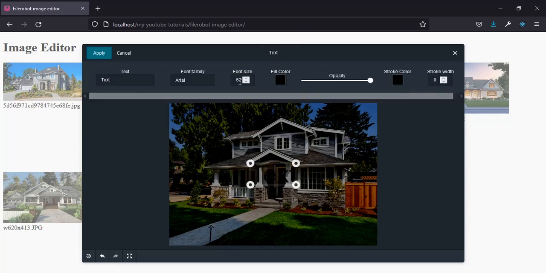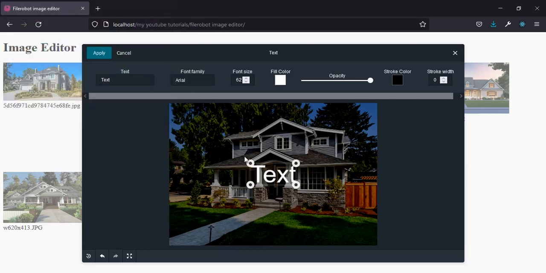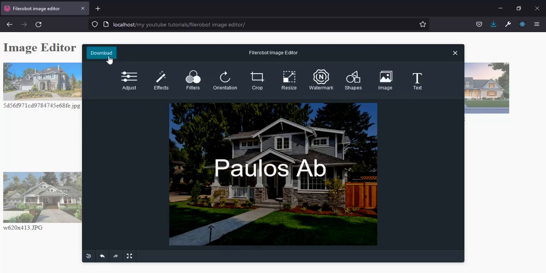Let's add the text, say color. That's going to be something that is white. Okay, text. Let's come here and say follows AB. Okay, so that is that. All right, so just apply, and once I click on this download,